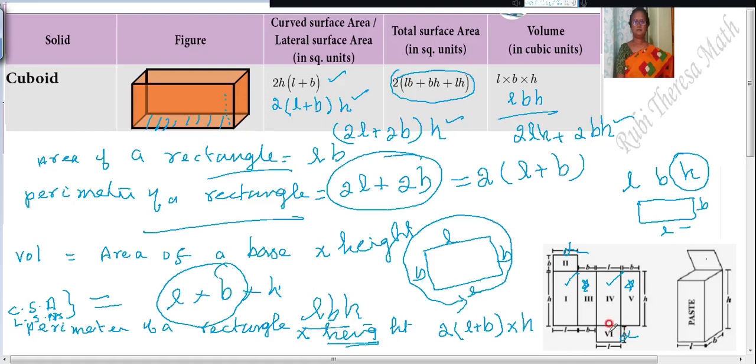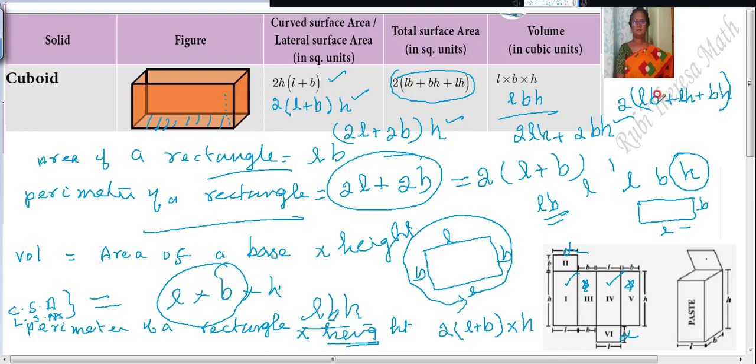Isn't it? So, for one, L, B. This is the basic formula I told you. LB. Next one is what? Just you write L and next you write, just let me write here. LB. L you write, then B. With this L, what you have to write? H. With this B, what you have to write? H. So, what is it? Plus. Twice, 2 into LB plus LH plus BH.